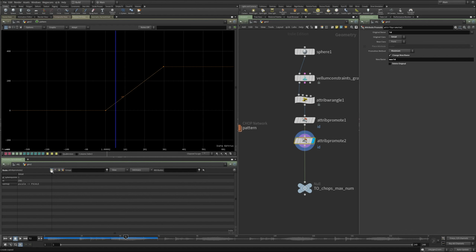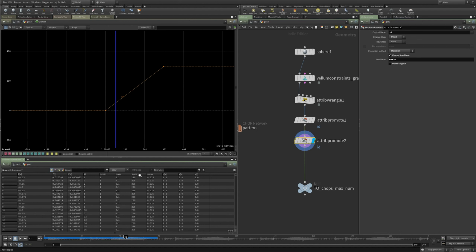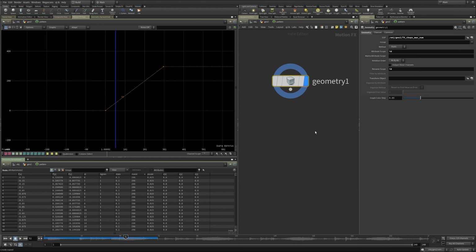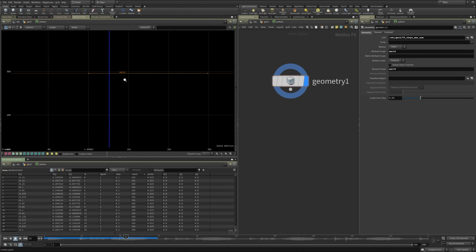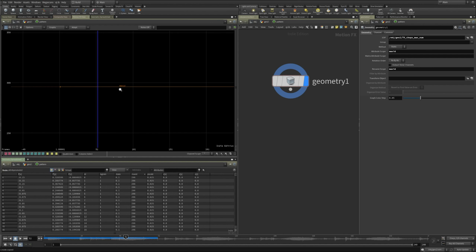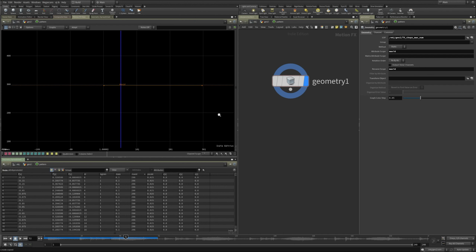Now if I look at my geometry spreadsheet here, I have max ID, and it's always going to be the highest number of points that I have. So in my chop network, I'm going to say max ID. Now I have a channel that I can reference inside my chop network that is dynamic, and it'll change depending on how many points I have, and it'll always give me my maximum number.